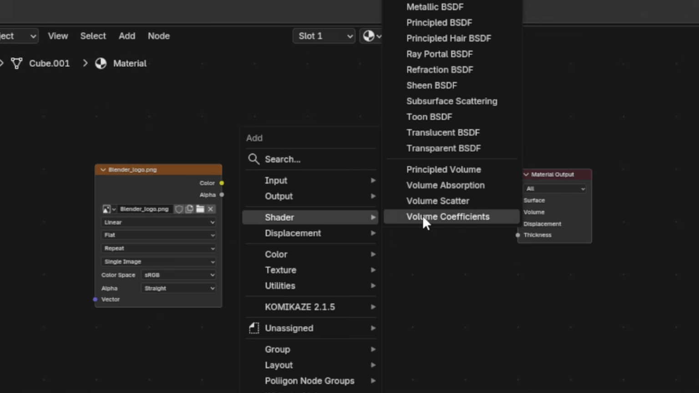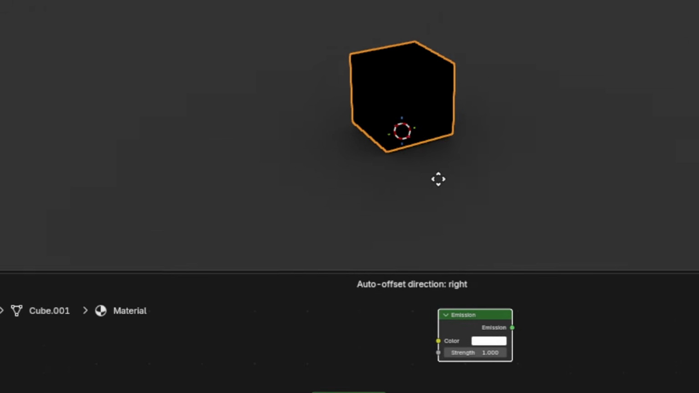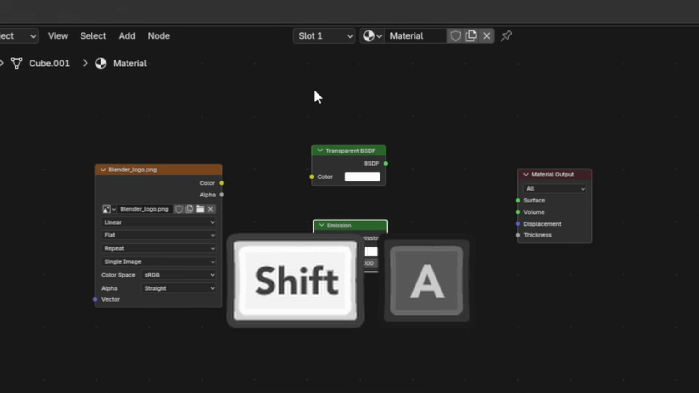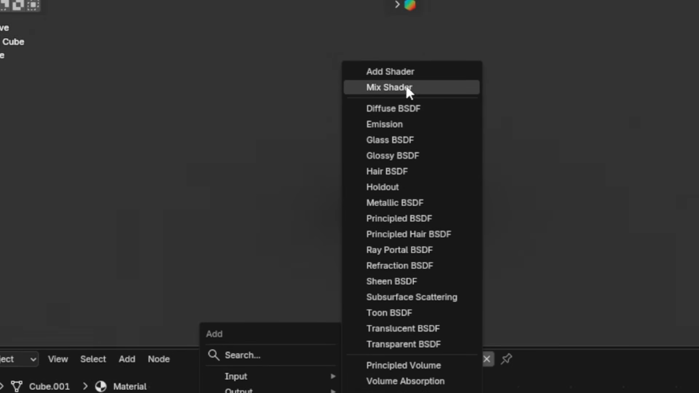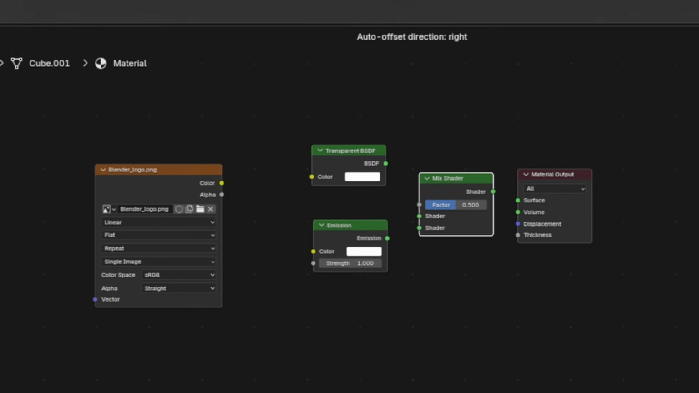Press Shift A, go to Shader, click on Transparent BSDF, click to place it, press Shift A again, go to Shader, click on Emission, click to drop it in, press Shift A again, go to Shader, click on Mix Shader, click to place it, connect the PNG's alpha to the Mix Shader's vector,